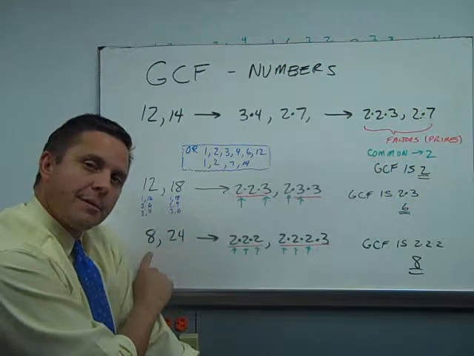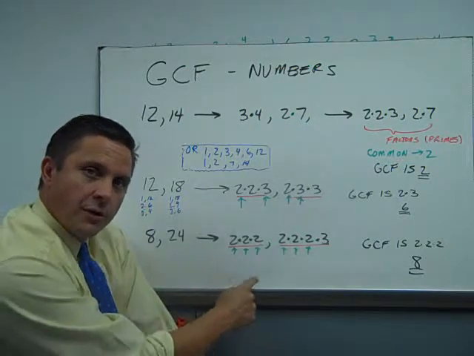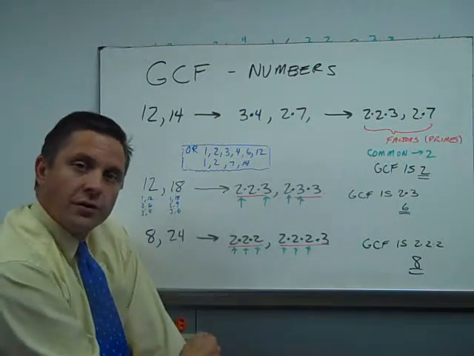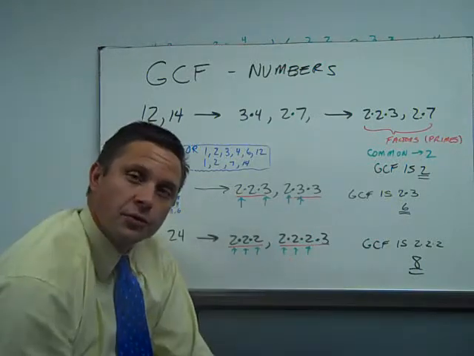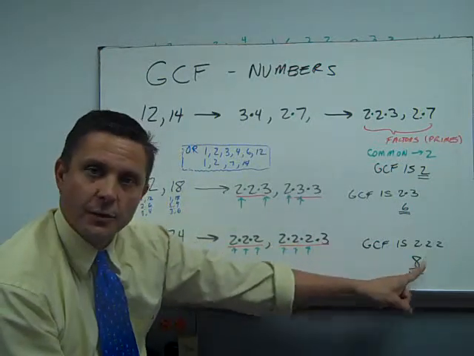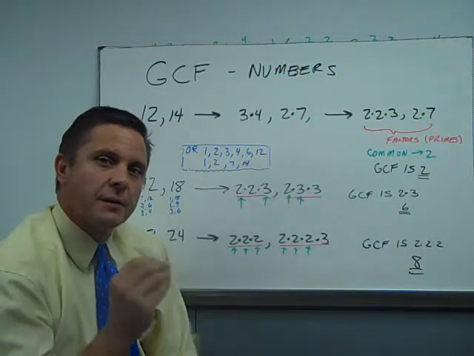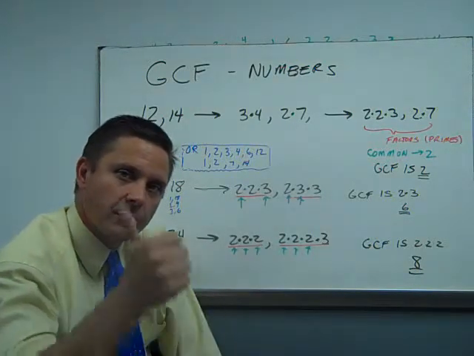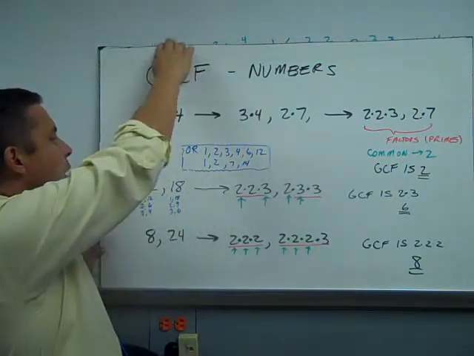And here at the bottom I have the last one. I want to find the greatest common factor of 8 and 24. 8 is 2 cubed. I wrote that out. 24 is 2 cubed times 3. So what's common? The three 2's are common. So 2 times 2 times 2 is the greatest common factor, which we write as 8. Again, we start by making factors, then we look for common, then we make sure we have the greatest. But what about